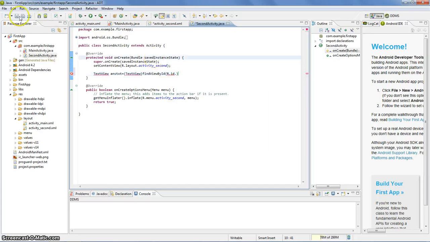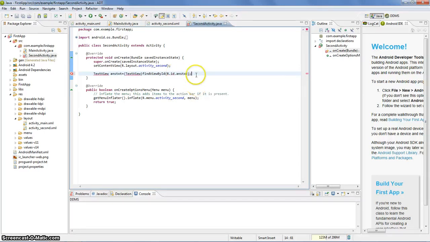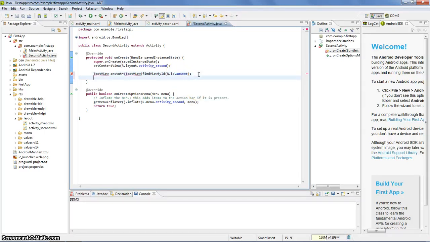Looks like we had to save it. So just click save all here. If you backspace that dot and redo it here, it should give you ants txt right there. So now we have this